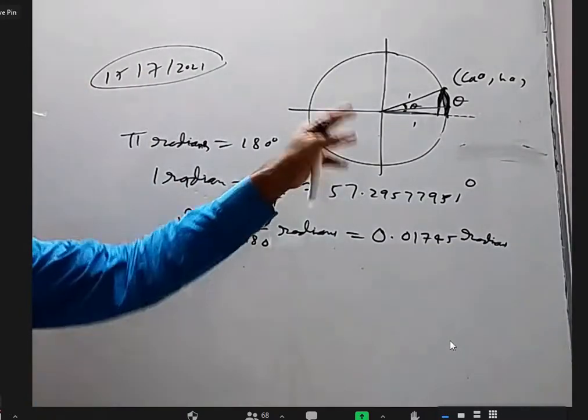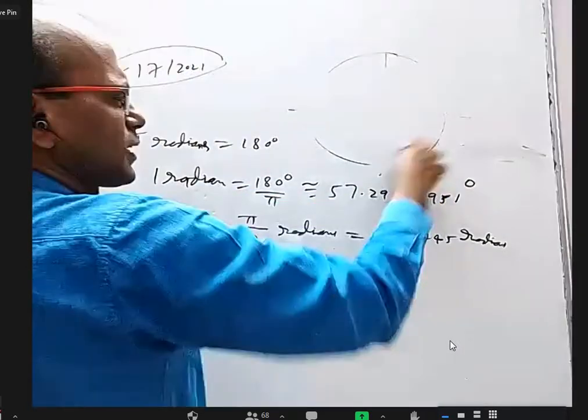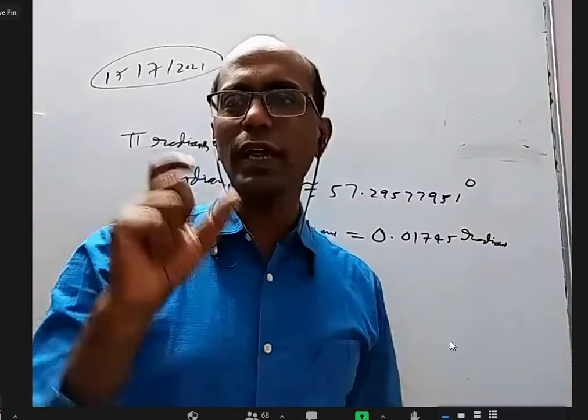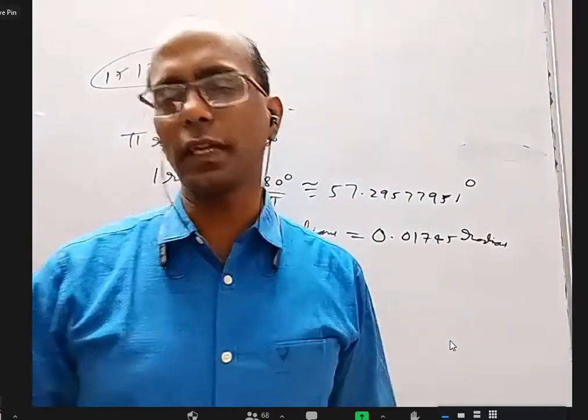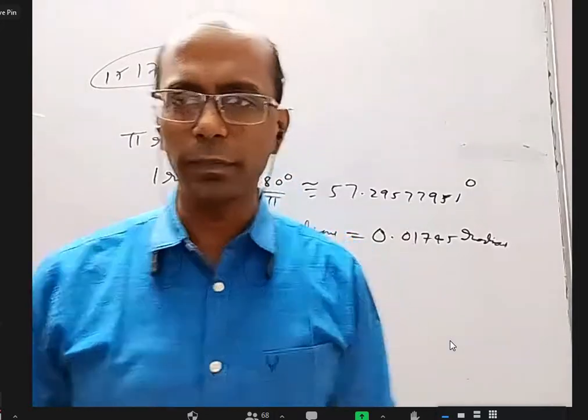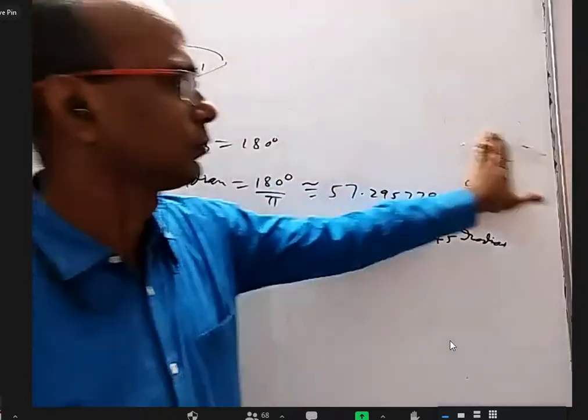Anyway, we'll come back to that when I tell about the cos and sin definitions. I told you in the first class, but I have not given any notes. I'm just giving you an idea. One use of the radian scale is that when theta is very small, sin theta can be replaced with theta, and tan theta can also be replaced with theta.